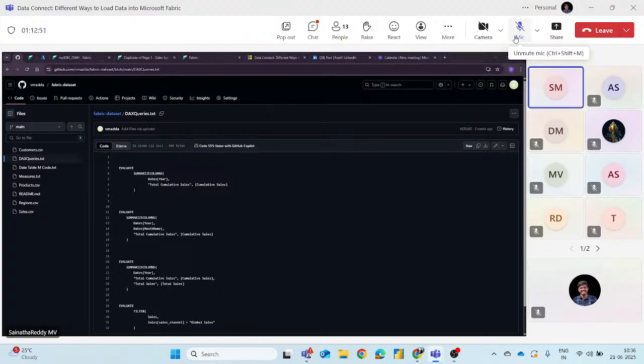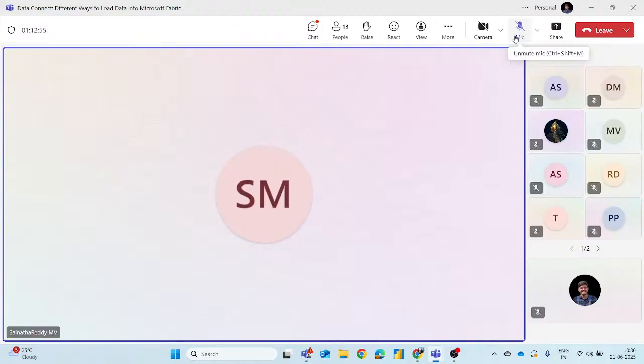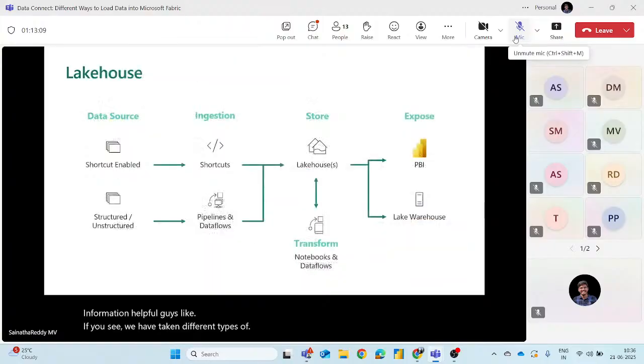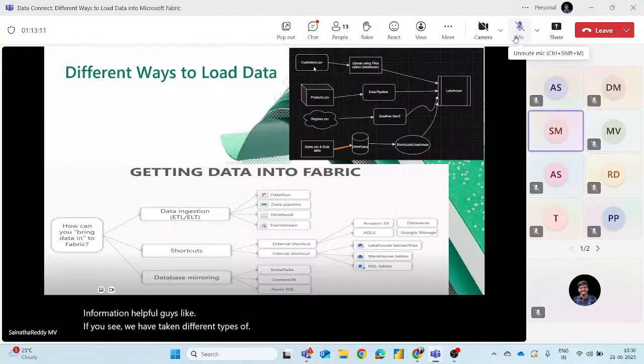I think I need to reshare again. So how quickly we find this information helpful, guys? We have taken data from these customers using data pipelines and Dataflow Gen2 to create a data warehouse.